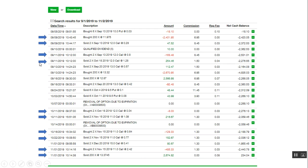So all those little arrows is all of the trading and the managing that I've done with my covered call trade, starting from the top arrow where I bought the 200 shares of steel at $11.97, and then I sold two $12 calls, took in 28 cents, and then the amount is over on the right. And then here, the next arrow down, I bought those back for 80 cents, 168, and then sold some more for 254.46. Took in a credit of about $80,